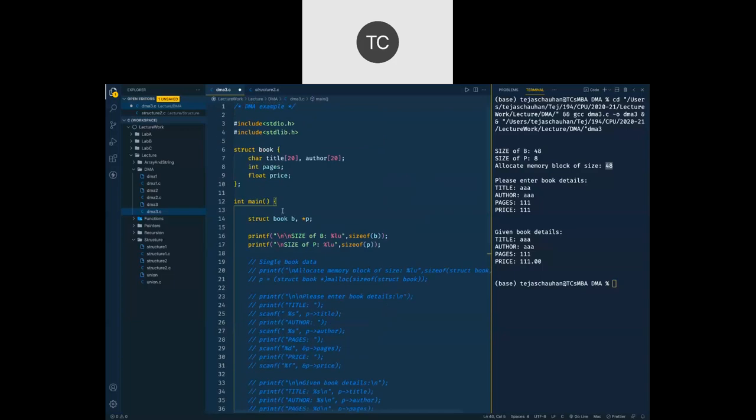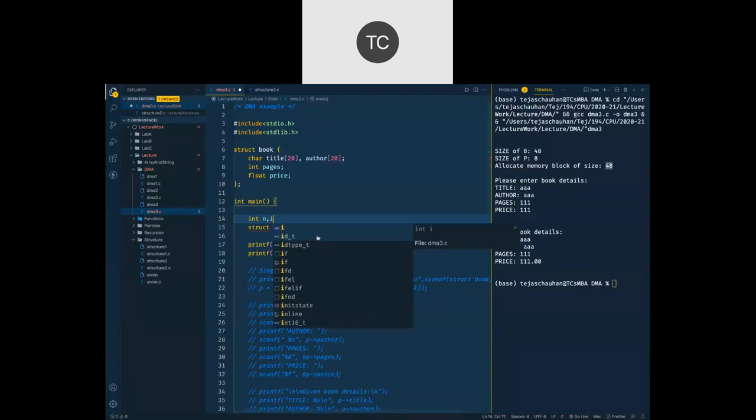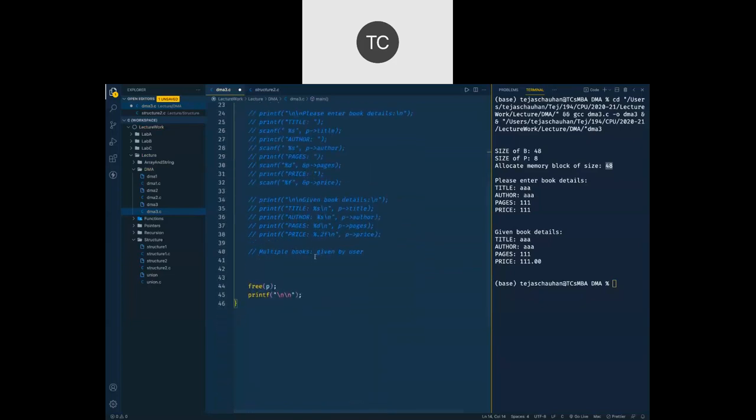So for that, first of all, we will need one integer variable n, so user can give us the number of books. We are going to work with array number of books, right? So we need for loop and we need loop control variable I. So these two variables we will require. So let's go, and first let us ask user to give the number of books.